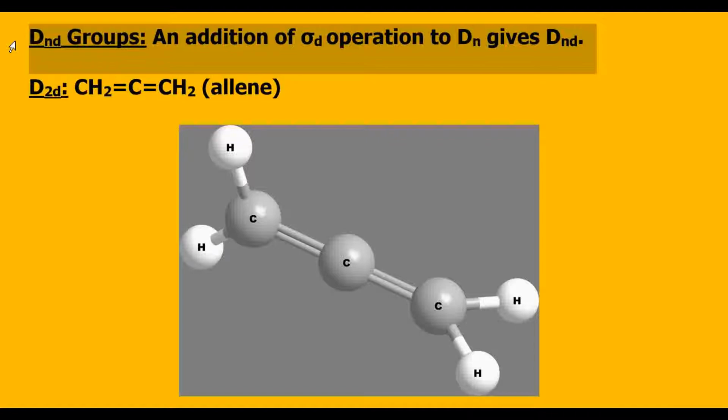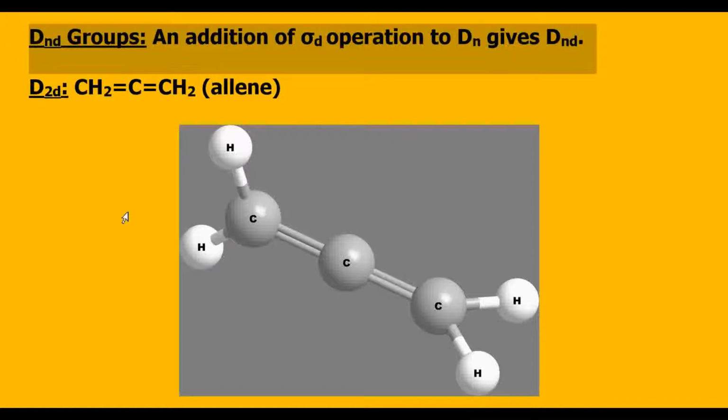So you have a molecule in which you have some C2 axis perpendicular to the principal axis, and then if you are able to locate a plane of symmetry which is bisecting this C2 axis, then you will be able to classify the molecule as a molecule of DND point group. Now, depending on the order of the principal axis, the value of n will be given.